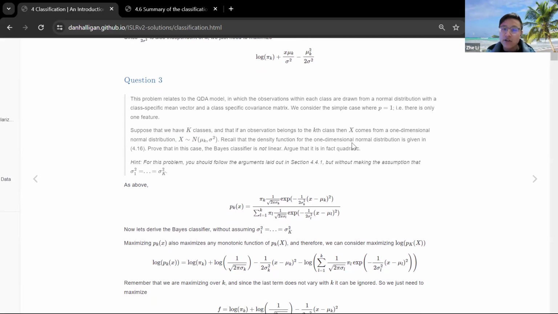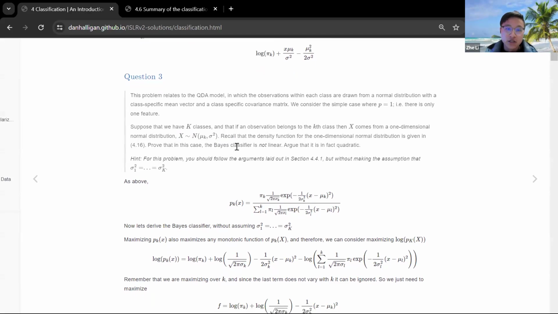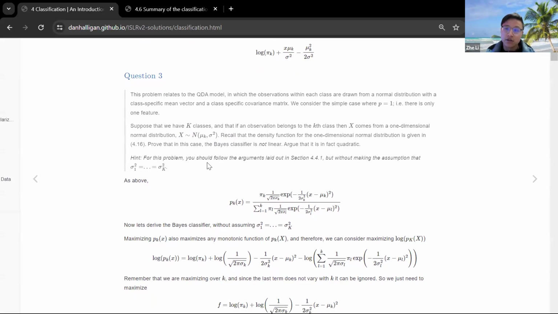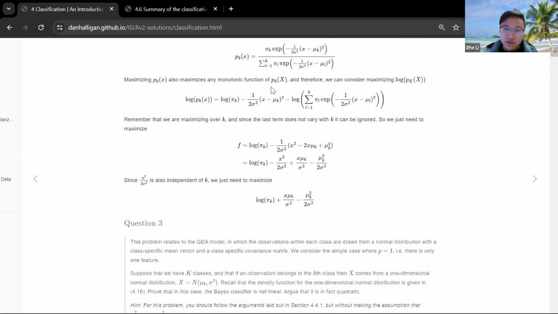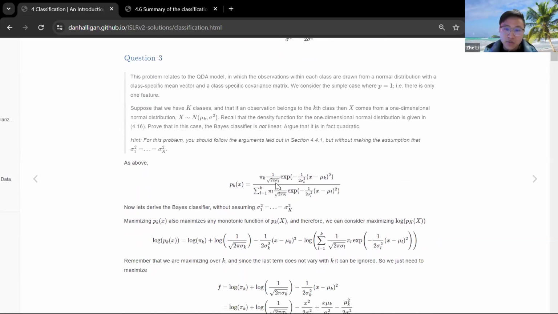And recall that the density function for a one-dimensional normal distribution is given as this function. So prove that in this case, the Bayes classifier is nonlinear. In other words, it's a quadratic function of our discriminant function. So we have to prove that the underlying function is largely the same as before, but